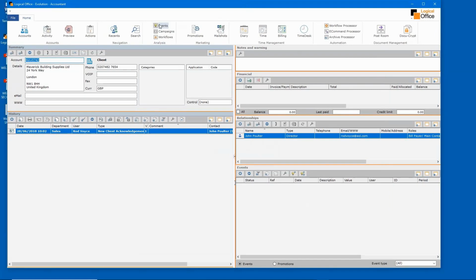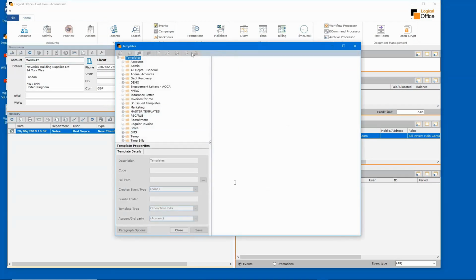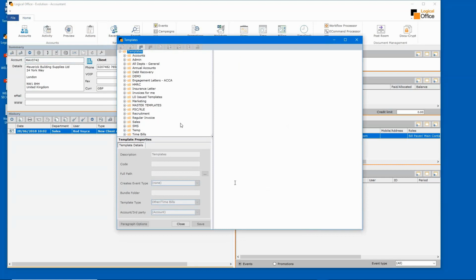Now, where are templates? They're found in files, templates here. And there are two sections. One is templates and one is merge codes, because the whole point of using templates is if you can merge data in, you'll save even more time. So if we click on templates, you'll see I've got access to my template library, and I've got a whole